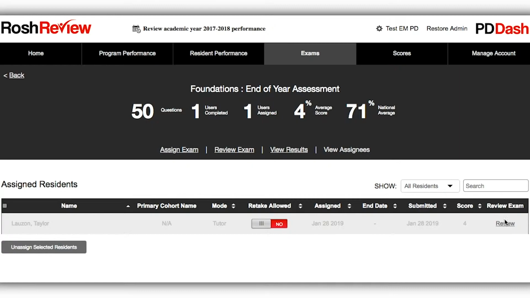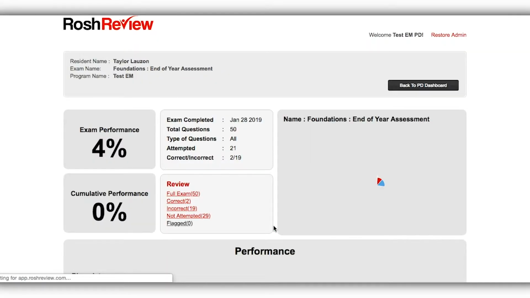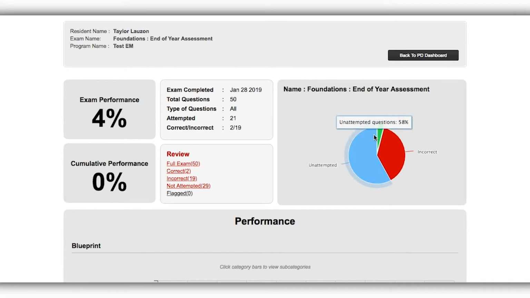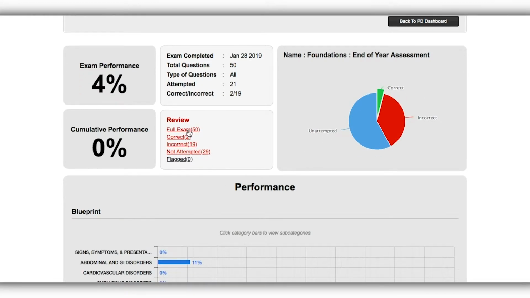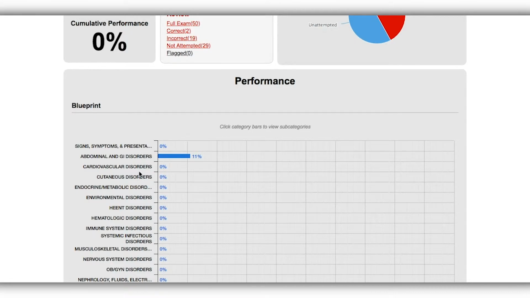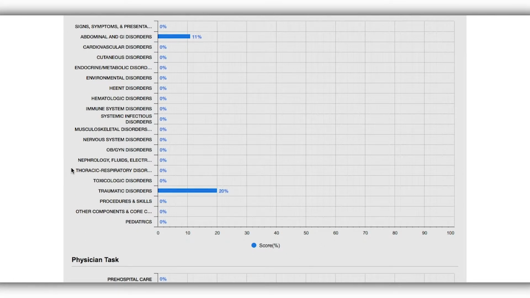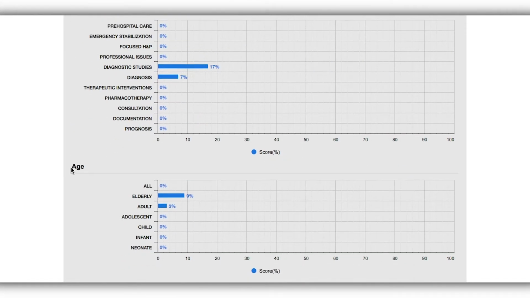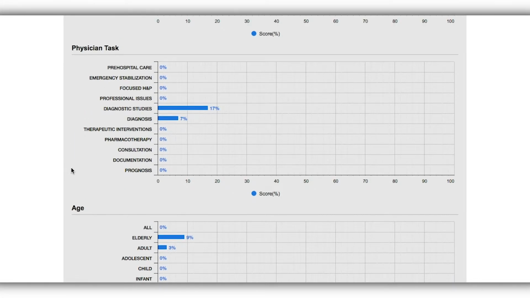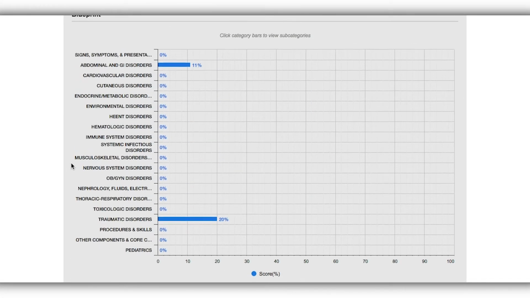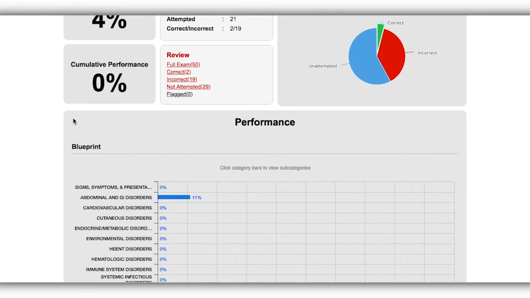From under the Exams tab, we can now review the exam for this individual user. We'll see that the majority of questions were unattempted, 4% of questions were correct, and 38% were incorrect. We can review the entire exam or just the questions that were correct, incorrect, or not attempted. And if you scroll further down, you'll see a bit of a performance breakdown as far as the blueprint of the exam. This allows you to start to develop some trends over time, over different exams,